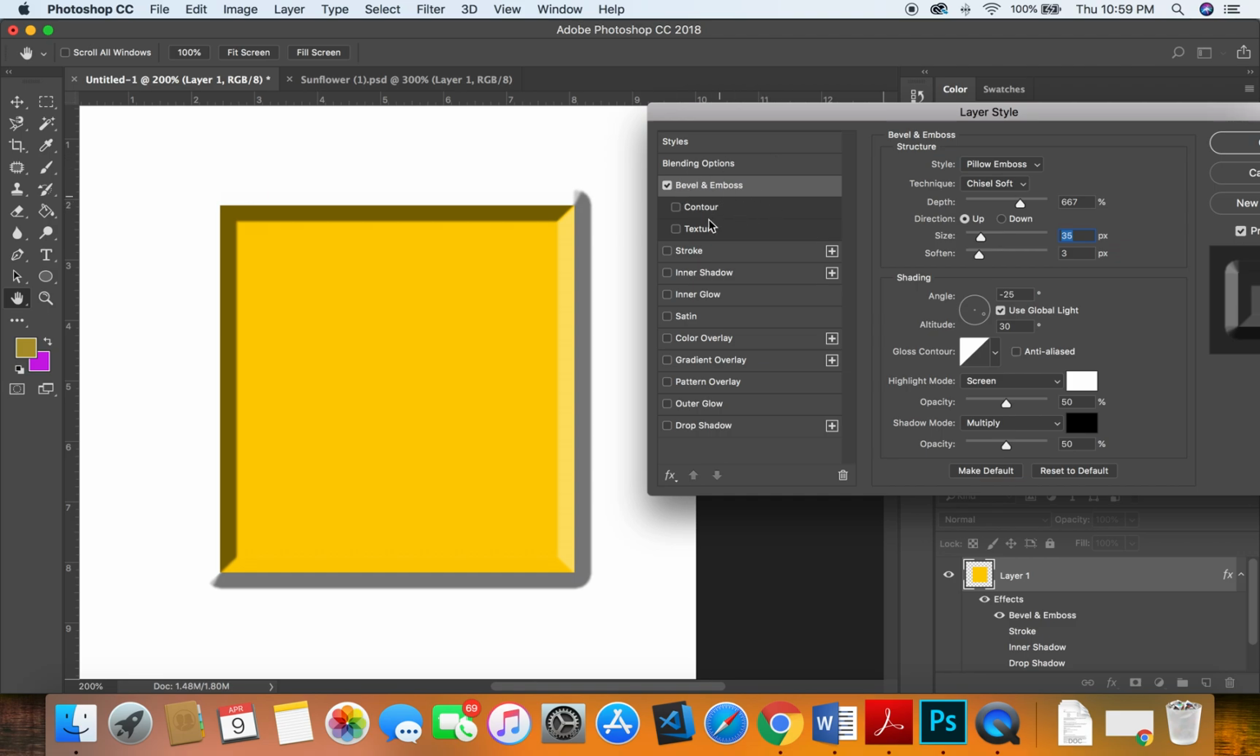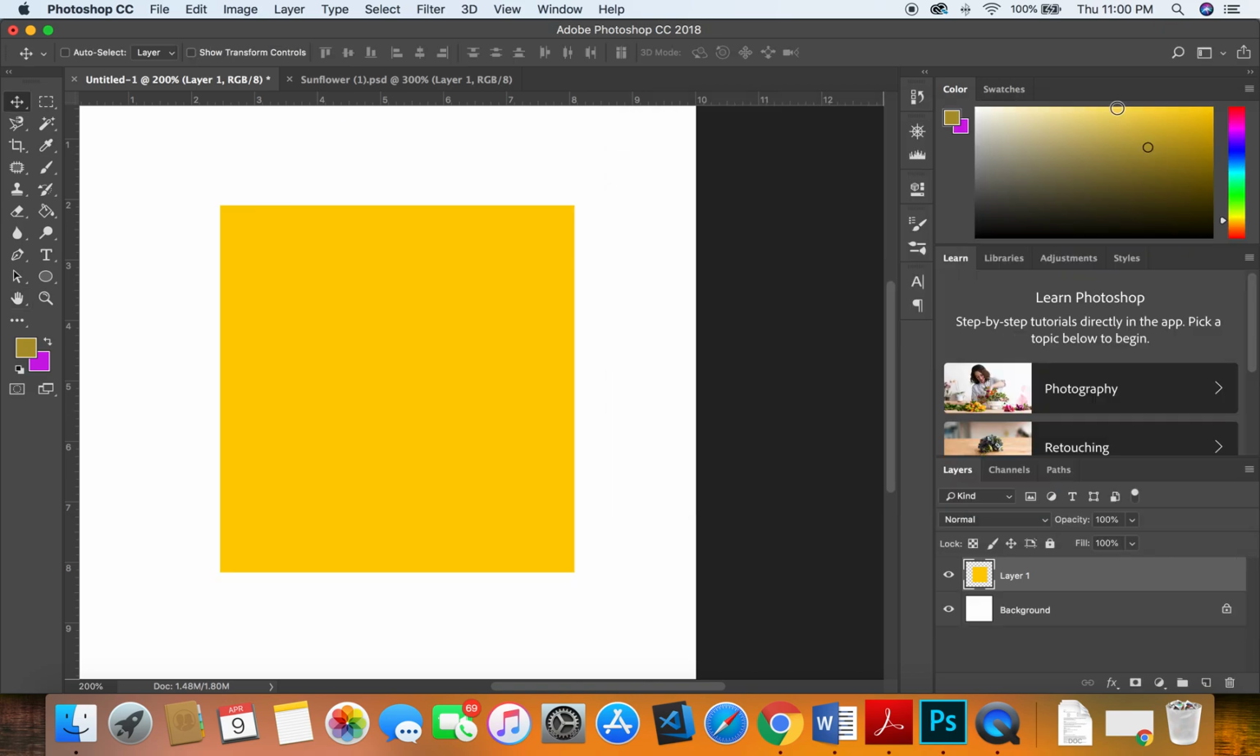So again, we went through Bevel and Emboss, Stroke, Inner and Outer Shadows. That should be enough for you to feel confident in playing with the other options as you progress through project number 4. I'm going to go ahead and stop there,